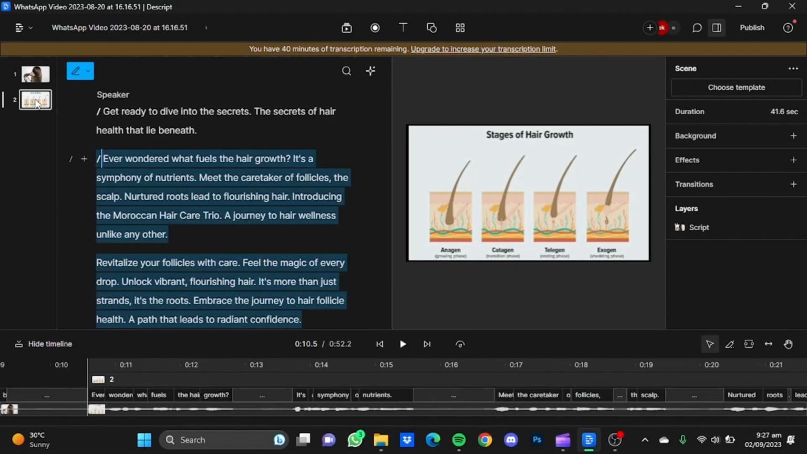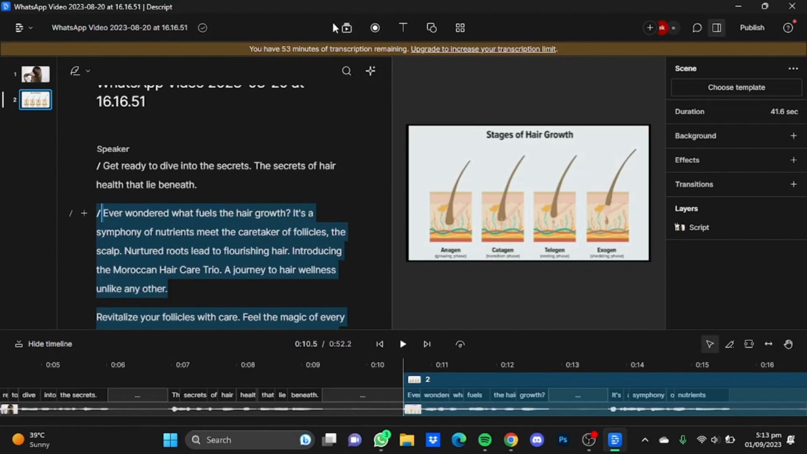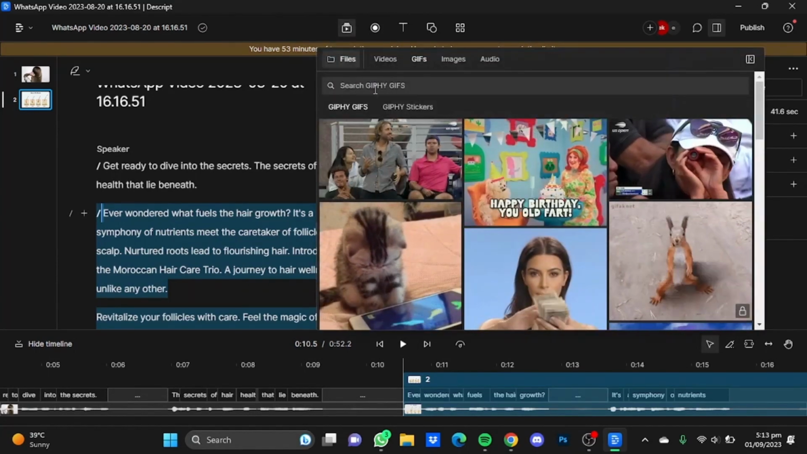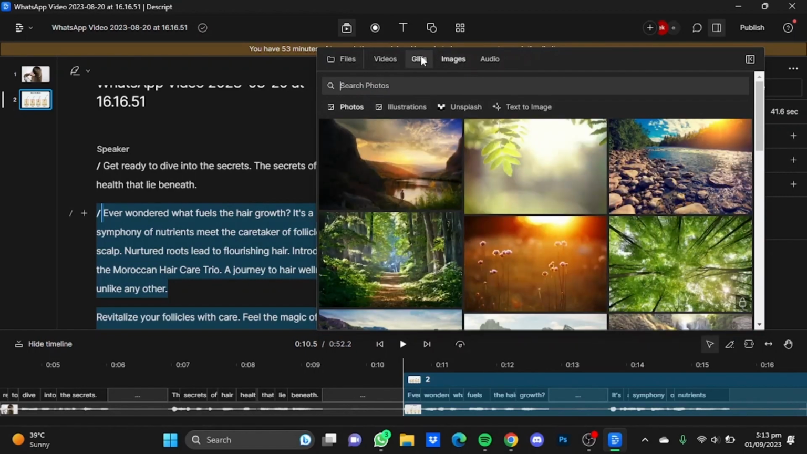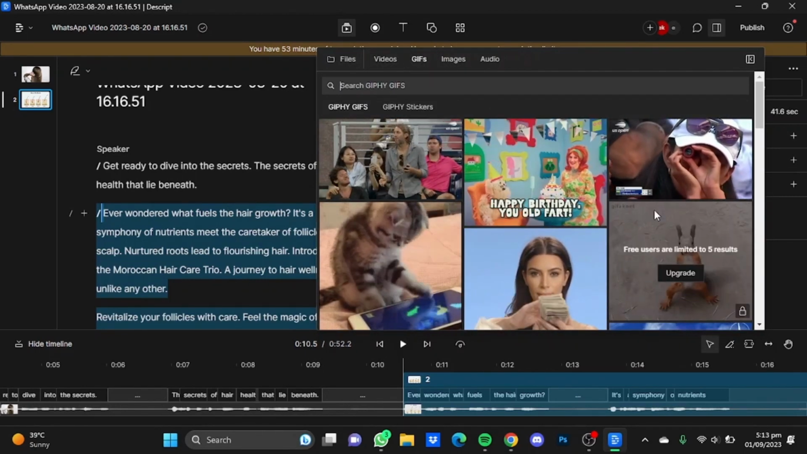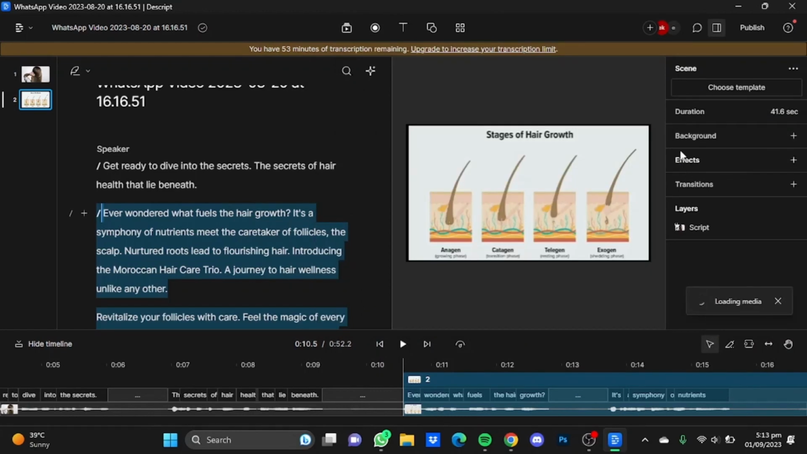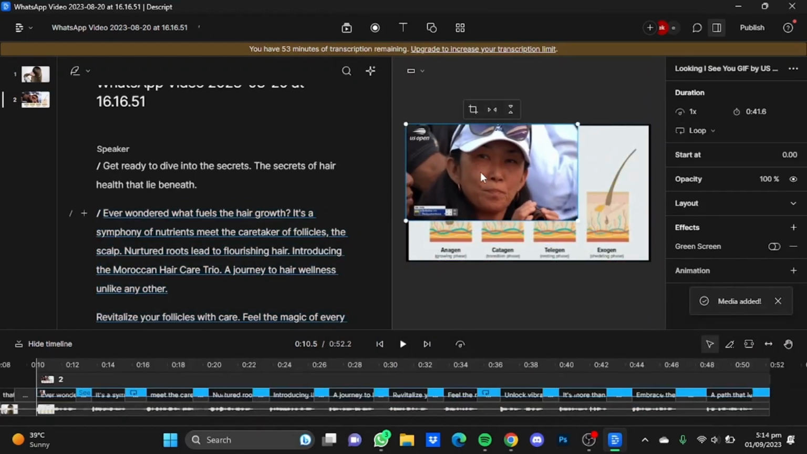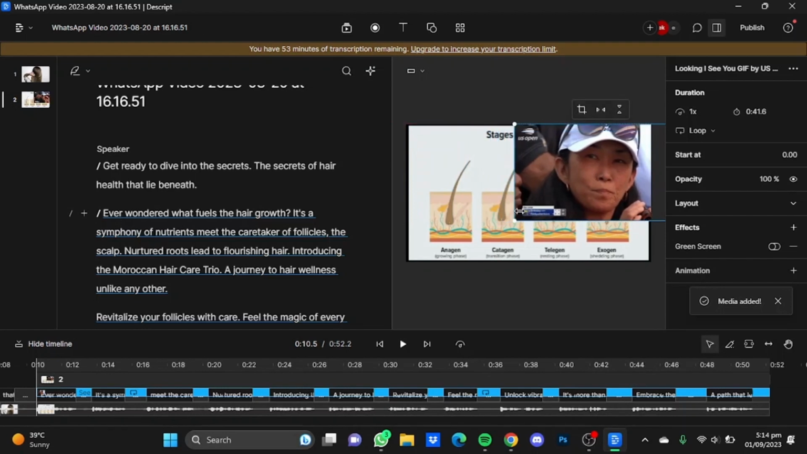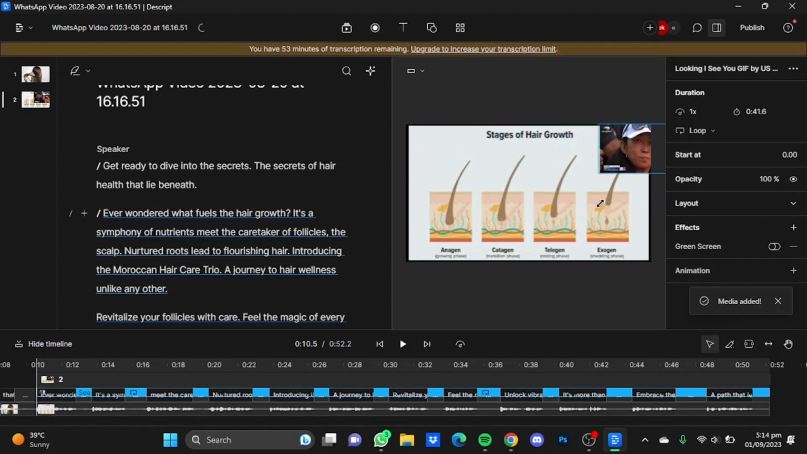Now after the scene has been made, you can use your own footage or use the free stuff provided by Descript. Just select that scene and after that click on the media button and you can search for different videos, images, audios and stuff. Let's say this one, just click on it. Now after that, resize it according to your needs and desires. Let's say I'm just gonna put it a bit towards the side,